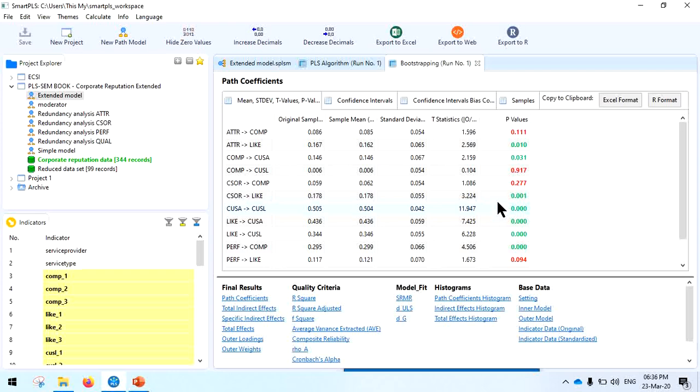More specifically, the individual path coefficient of the path model can be interpreted just as the standardized beta coefficient in OLS regression. So these coefficients represent the estimated change in the endogenous construct for a unit change in the predictor construct. So looking at the relative importance of the exogenous driver constructs in predicting the dependent construct,